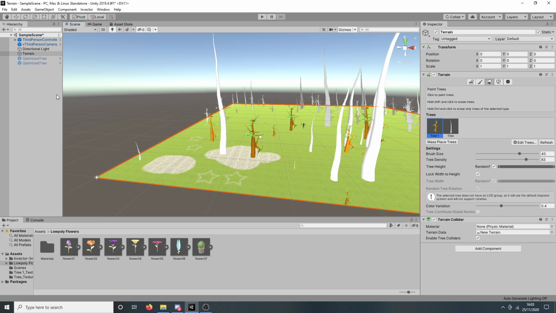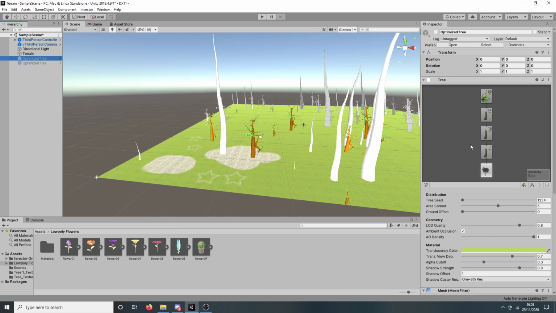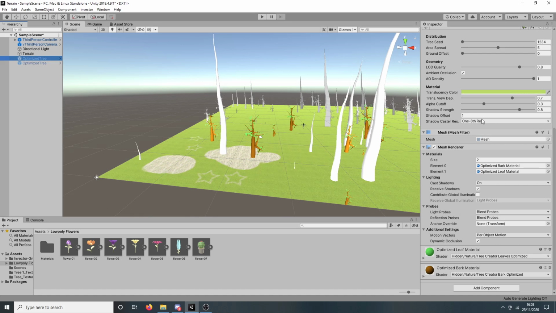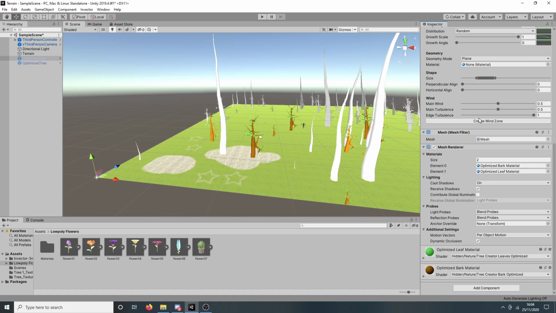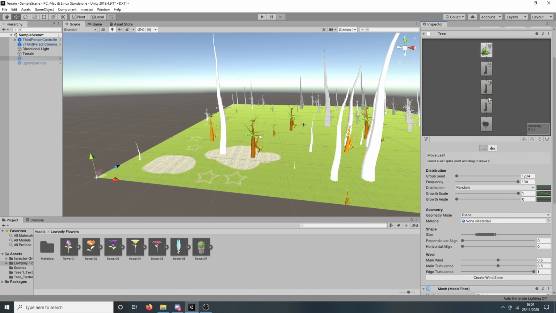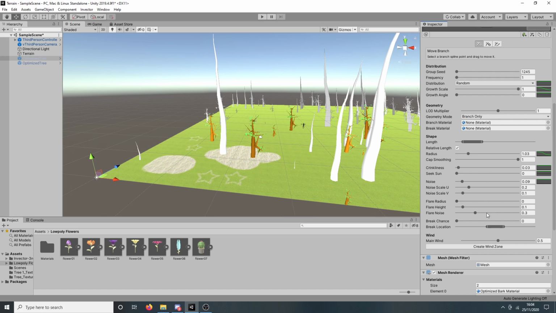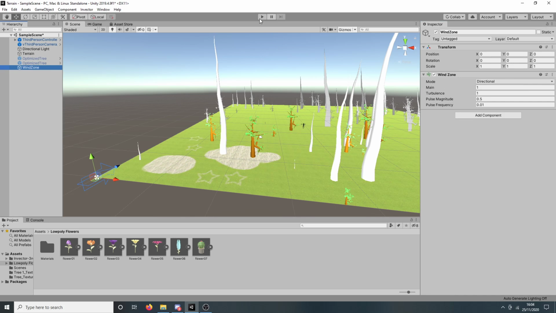Okay, so on the trees, there's something at the bottom. If you click on a leaf or a branch, at the bottom it says create wind zone. If you click that, it'll create this object here, which is a wind zone. So if we now play,